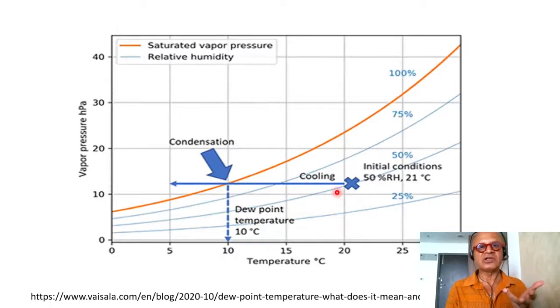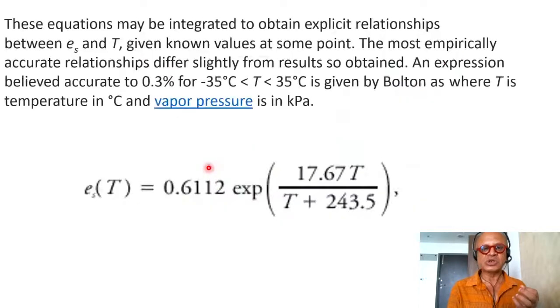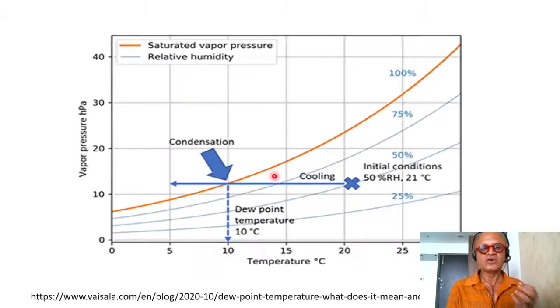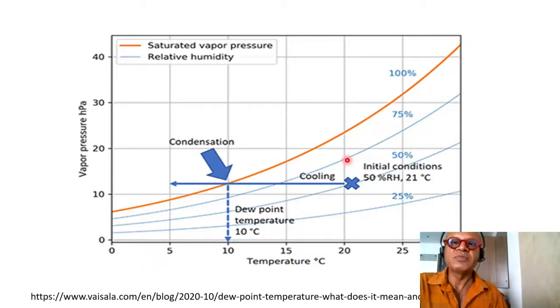This is the most critical thing you want to remember in the end. So here we have vapor pressure in hectopascal on this axis and temperature in degrees centigrade on this axis. And the most important thing you want to remember is that this relation is non-linear. It's exponential, as we see here. So as temperature changes, water vapor in the atmosphere changes exponentially, and this is obviously very critical because as we